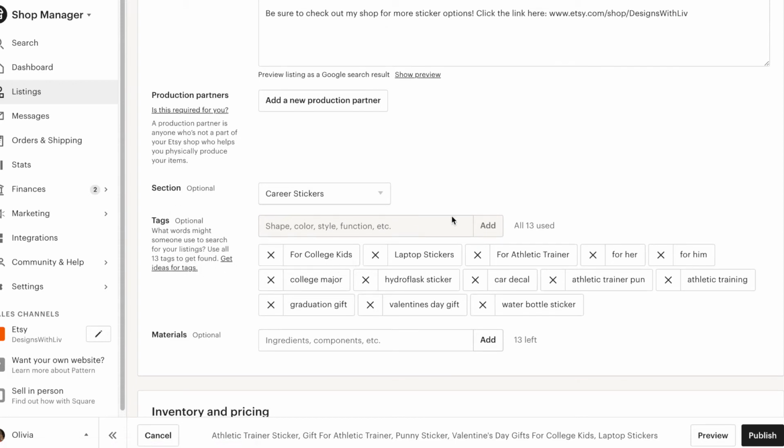You want to make sure you are using all 13 of your tags. Make sure you're using tags that are auto-populating in the search bar, and make sure that your titles and your tags match exactly. If a phrase from your tags is over the 20-character limit, like Valentine's Day gift for college